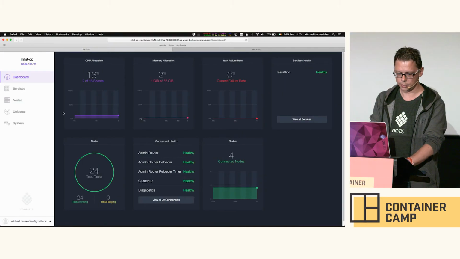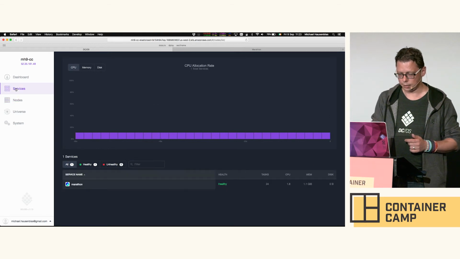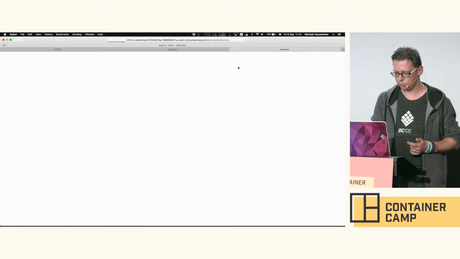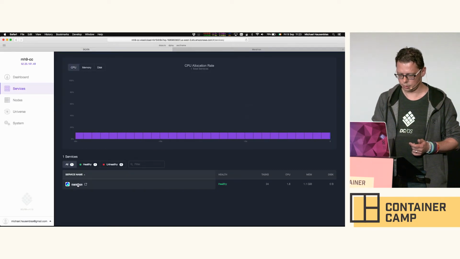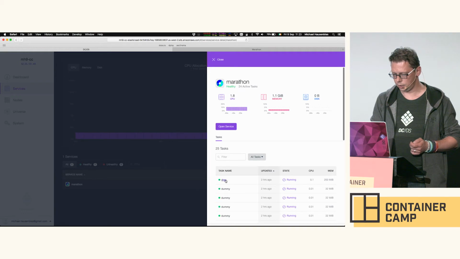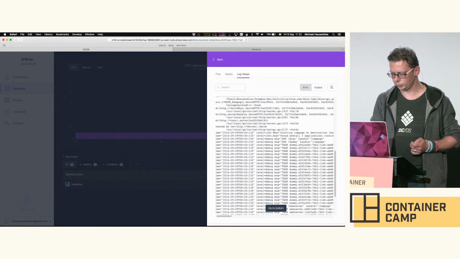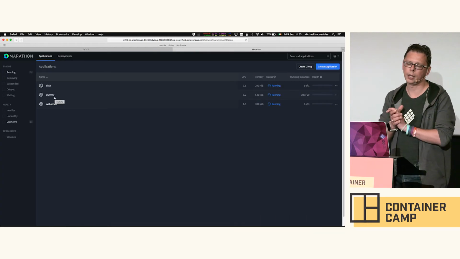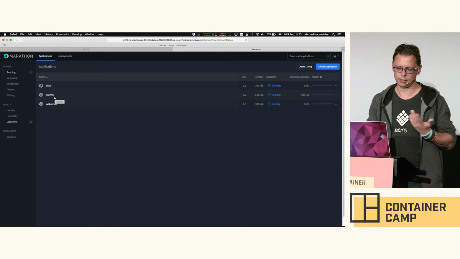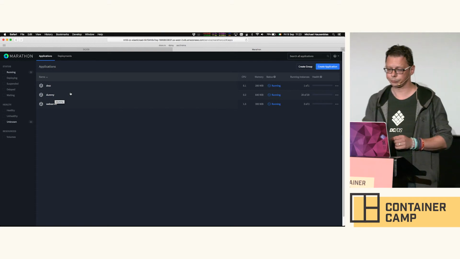So the setup I have here is a DCOS cluster with 4 nodes, and I have Drax deployed. That's just a one-liner. So Drax is running here and hopefully serving. Right. Okay. And then I've got 2 applications there: a dummy application that just sends hello world to standard out, and an Nginx web server.